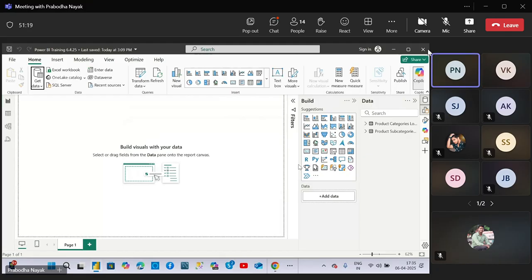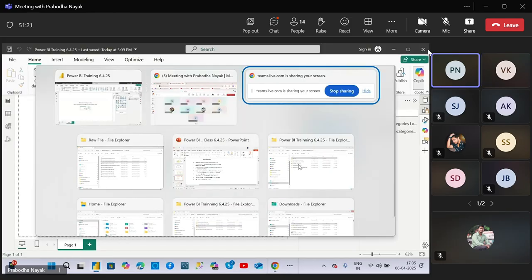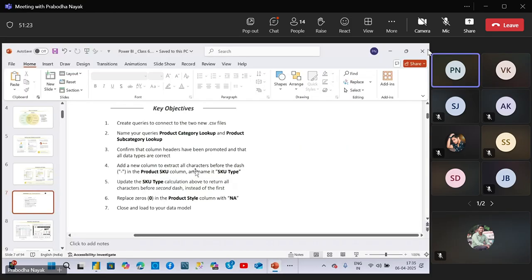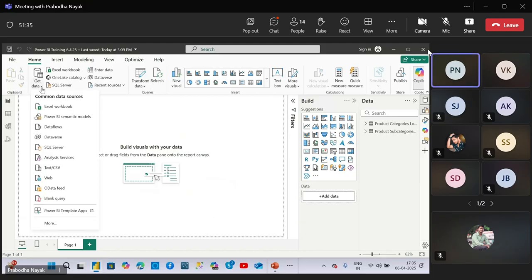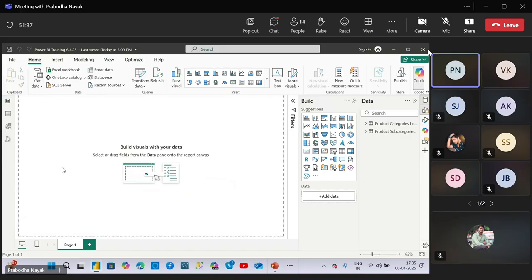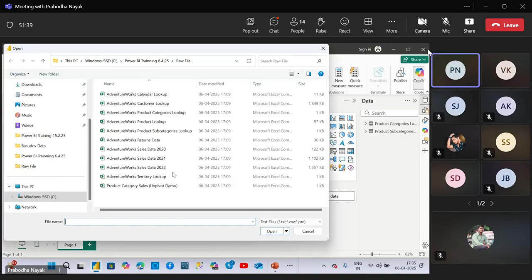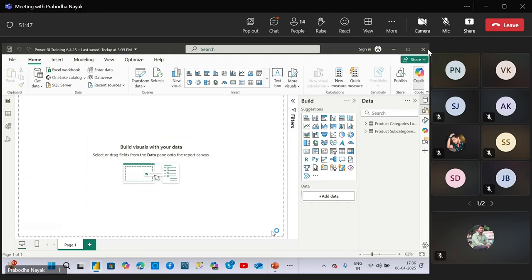Now what is the next action we'll see. Here I need to bring another table, the customer product lookup table. You need to import all the files, so I'll go one by one. Again I go to Text/CSV. There will be a product lookup somewhere. Yes, Adventure Works product lookup. Same file, you just import it. Click open